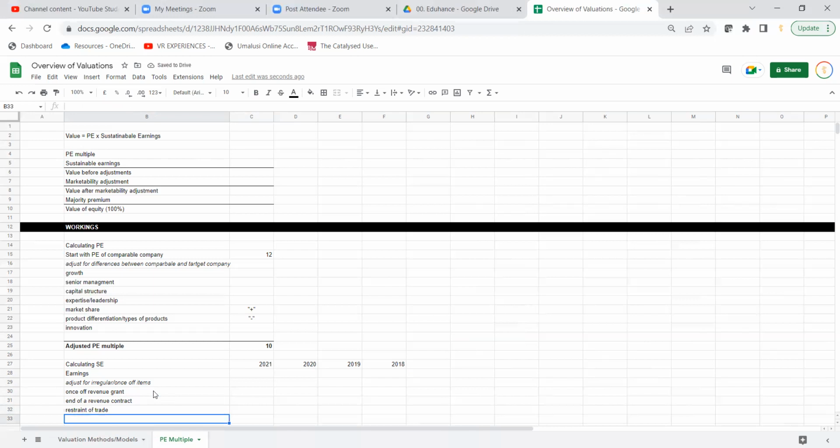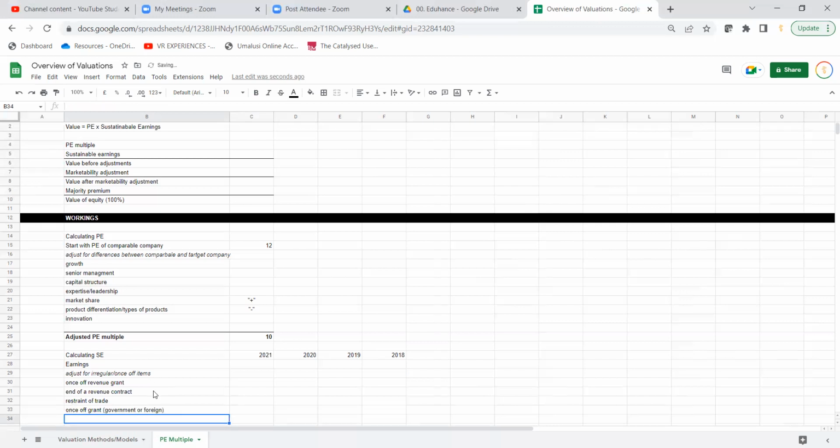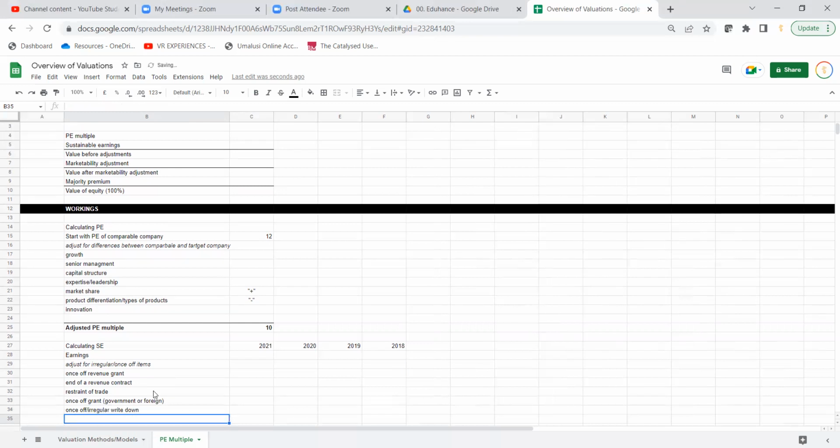or a once-off grant. Okay, so government or foreign grants. Okay, or once-off irregular write down. Okay, so that is an example. Okay, irregular